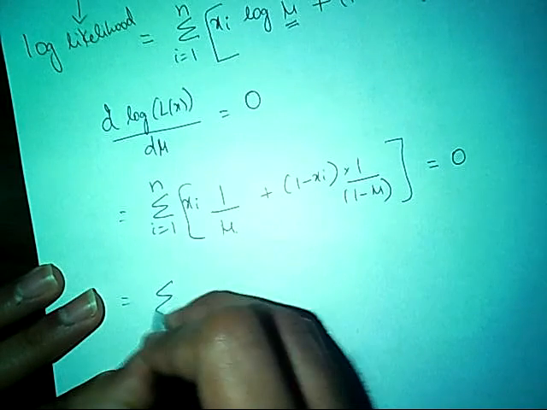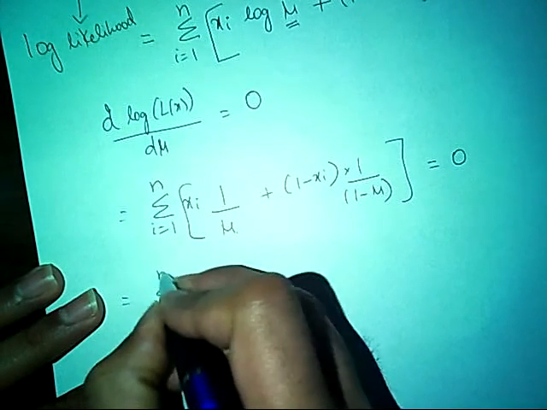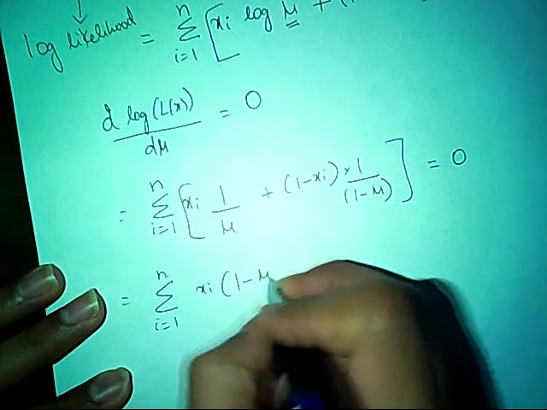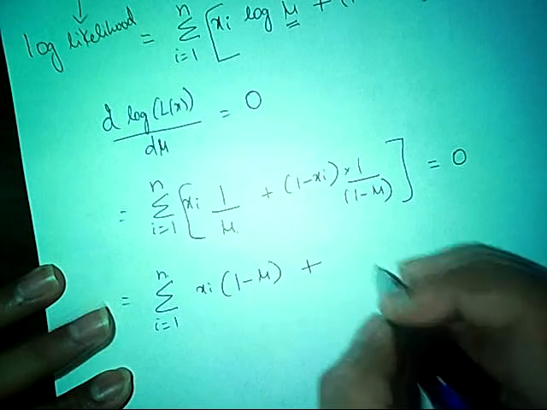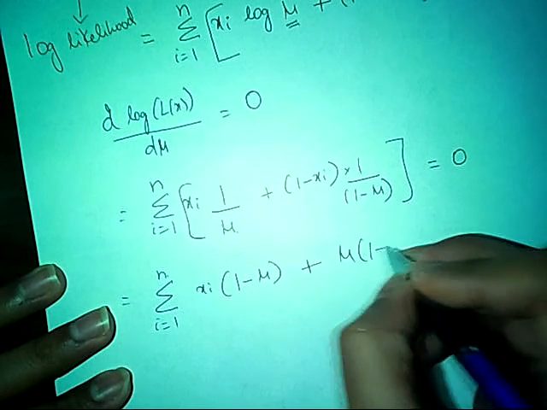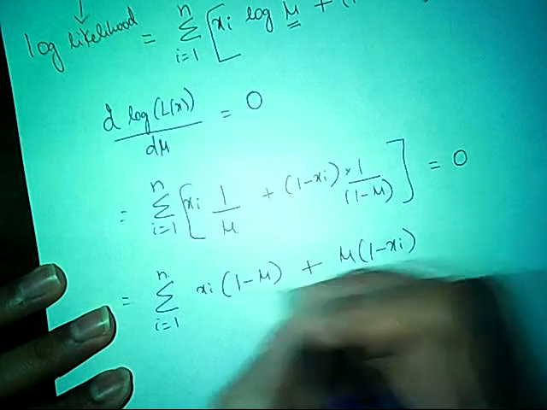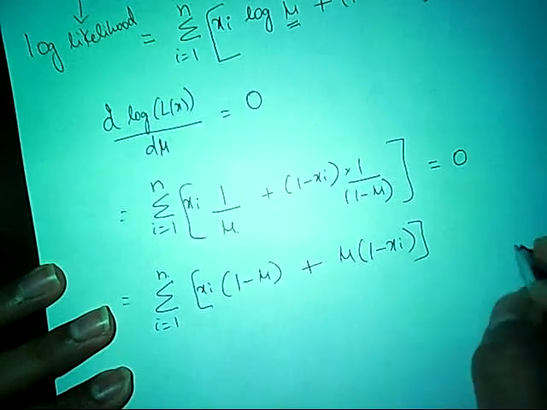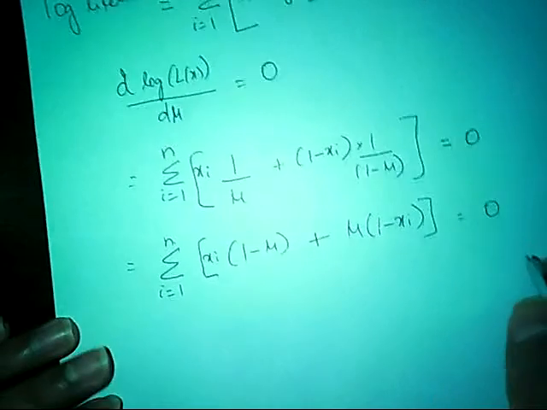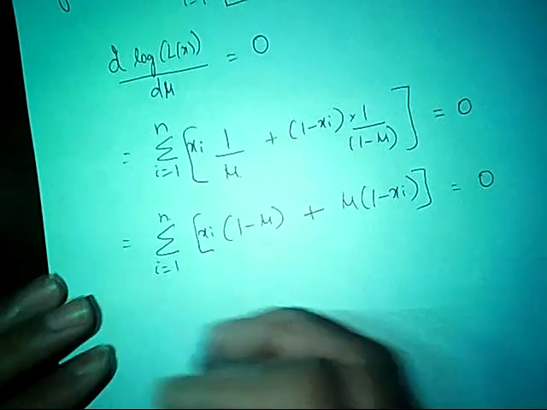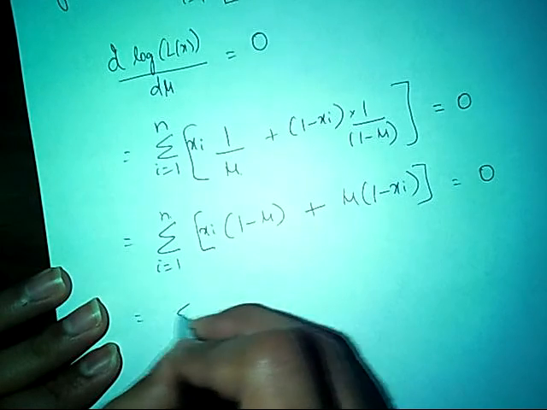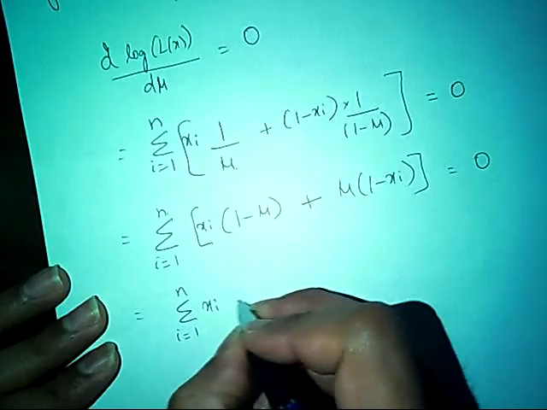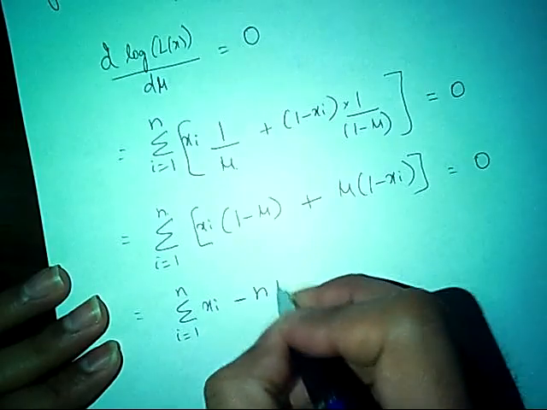So this simplifies to plus mu times 1 minus xi equals 0, and we are going to get xi minus n times